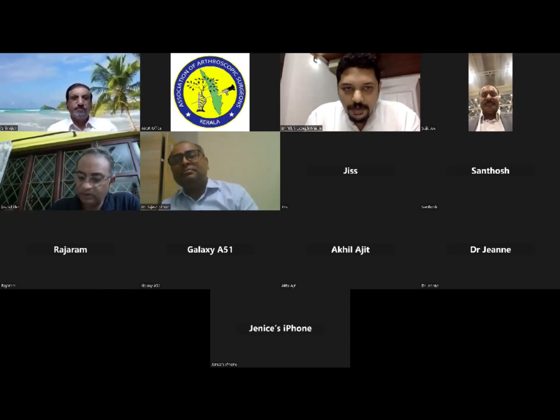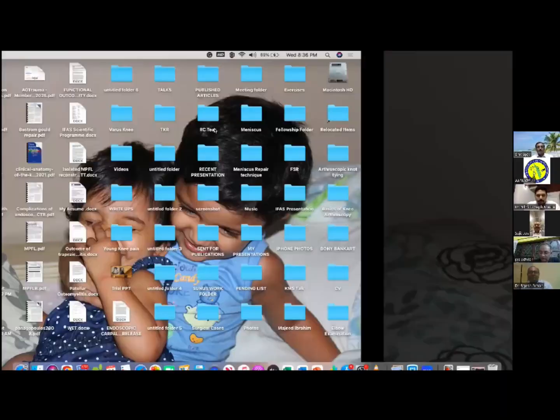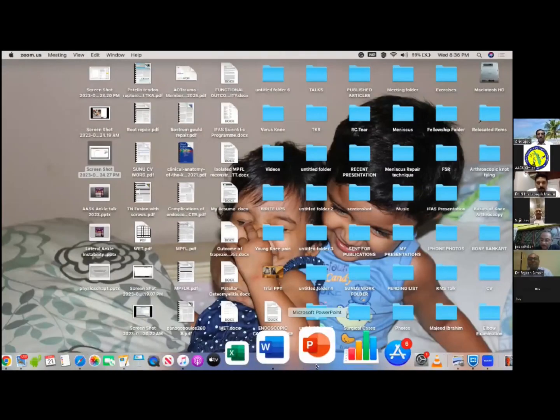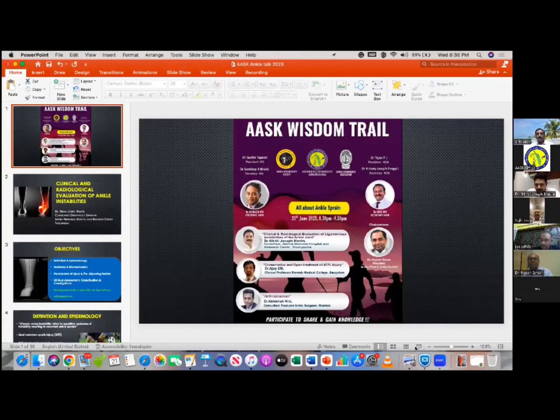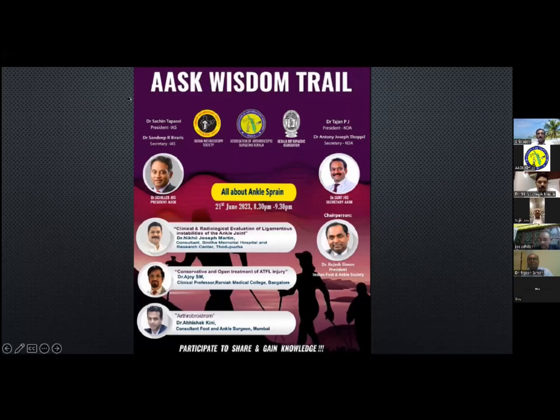radiological evaluation of ligamentous instabilities of the ankle. Then we have Ajoy from Ramaya Medical College, who will be talking to us about the conservative and open treatment of ATFL injuries. Then Abhishek Kini will be joining us from Mumbai, and he'll be talking about Arthrobrostrom. I guess that's a keyhole procedure too. So anyway,